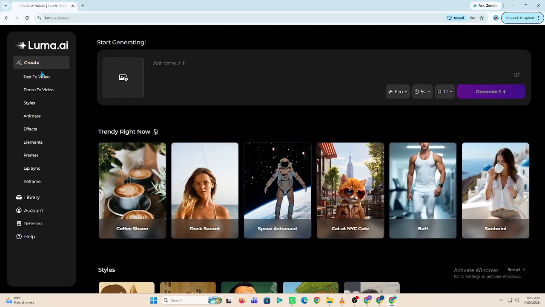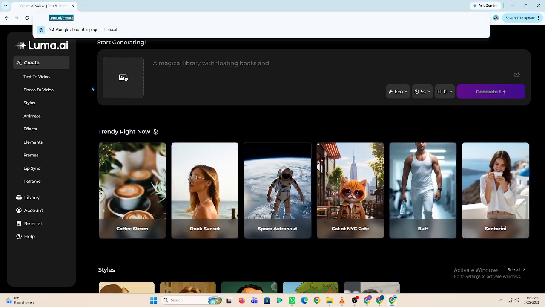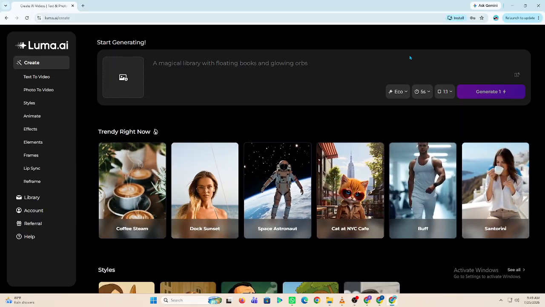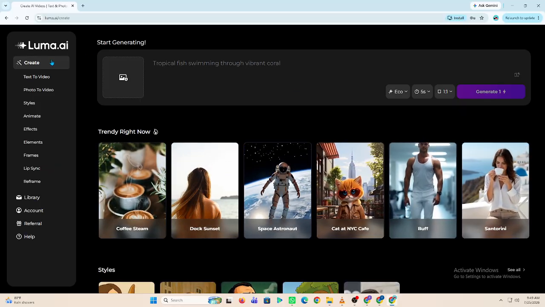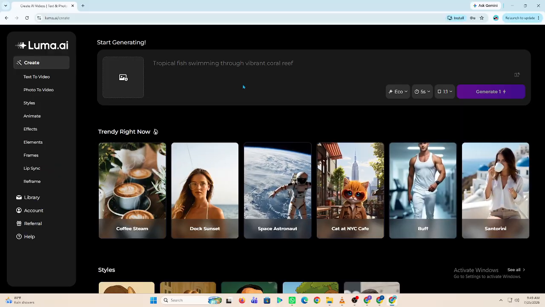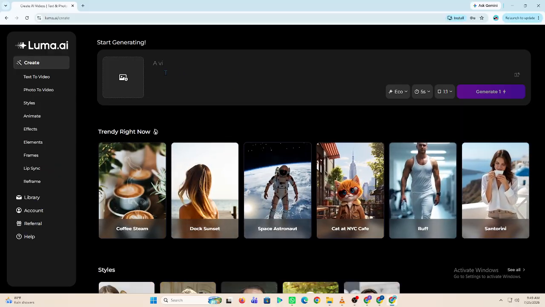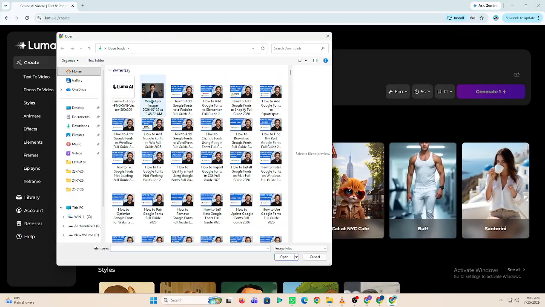First, open your web browser and go to the Luma AI website. Sign in to your account and open Dream Machine. Next, click Create to start a new project. You can choose text to video or image to video, depending on the type of content you want